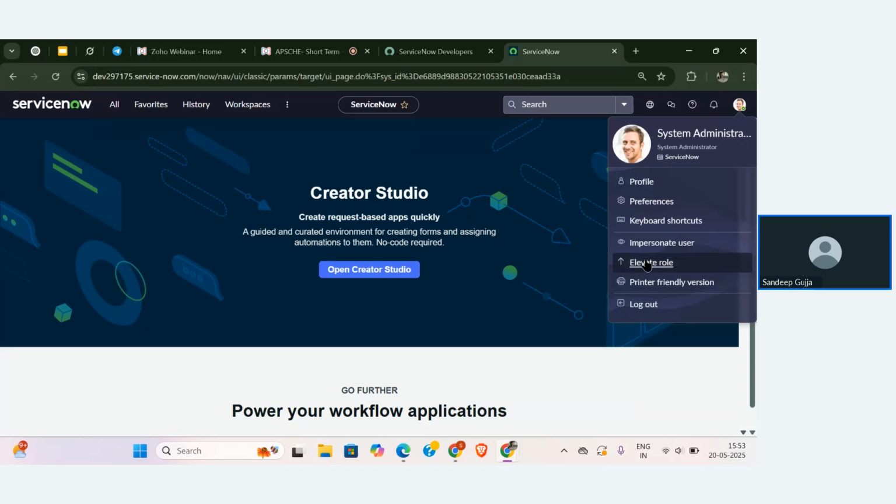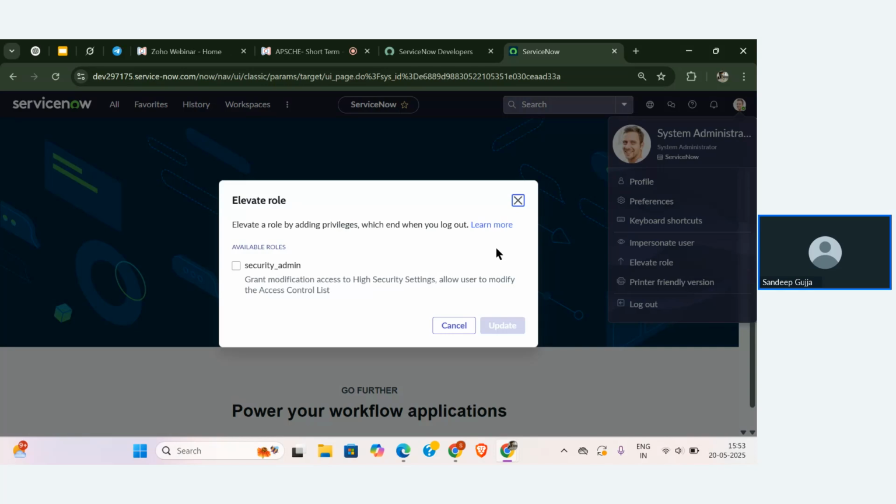The next thing is elevate role. We have one concept called ACL, guys, that is nothing but access control list. To use that, we need to enable this additional permission. Even as an admin, I can't work on ACLs without it.